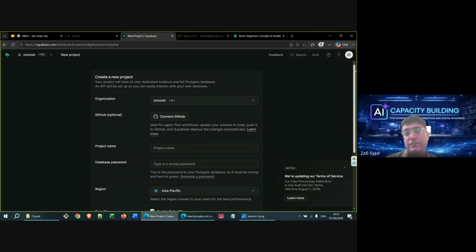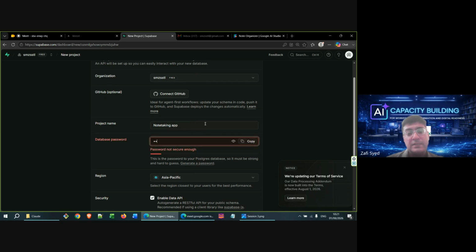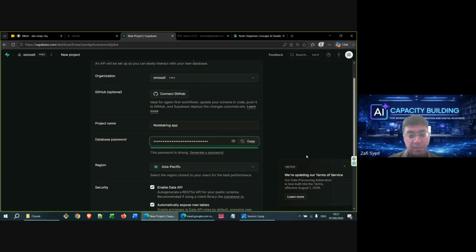And here we can define the project name. So let's say this is a note-taking app. So let me call it note-taking app. There has to be a password for the database. Now, this is really important. Because this is just a demo, and I'll probably delete this later on, I'll enter some random characters as the password.